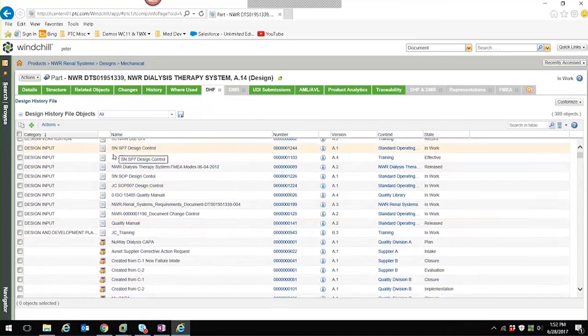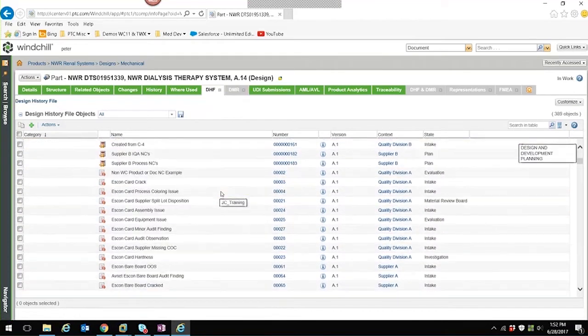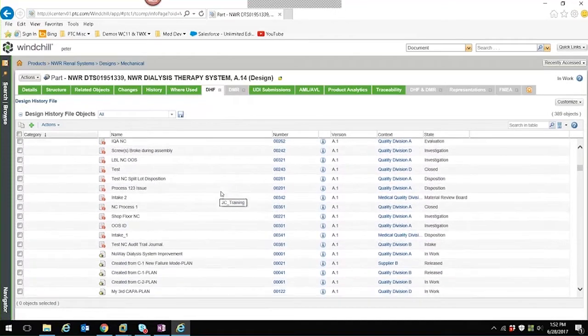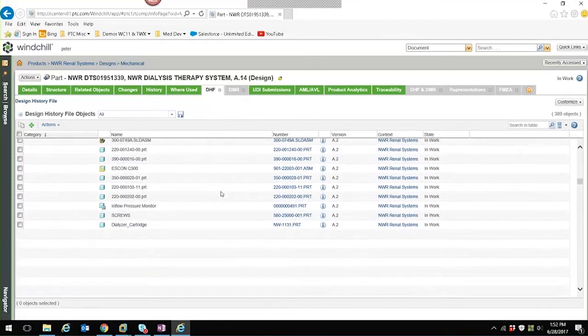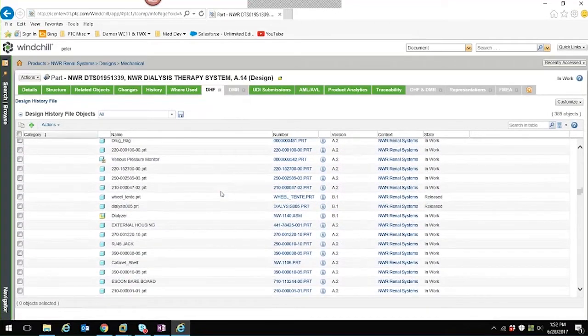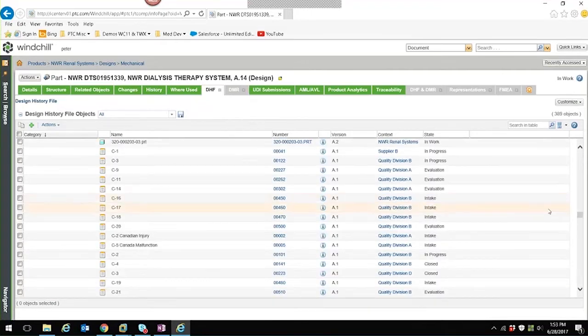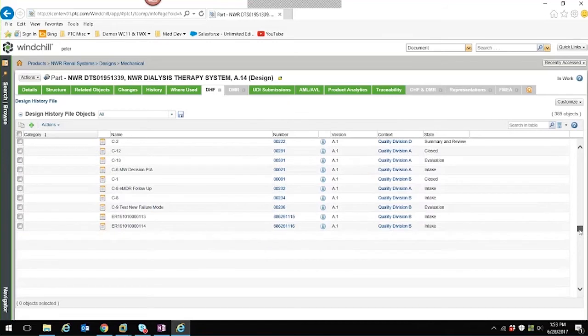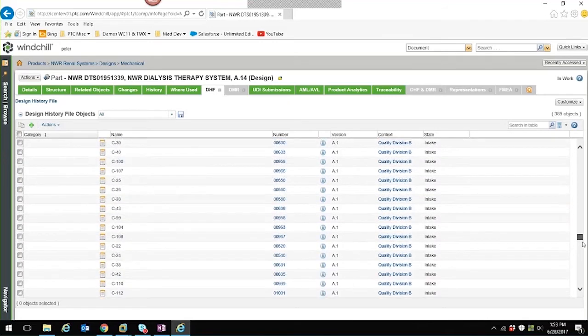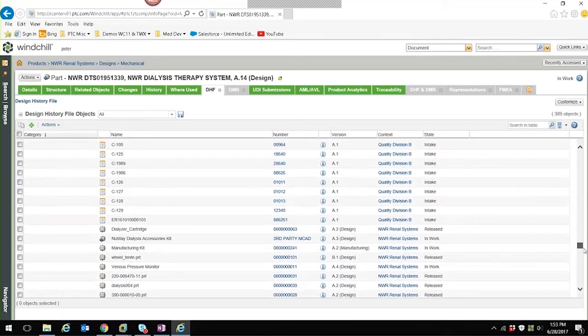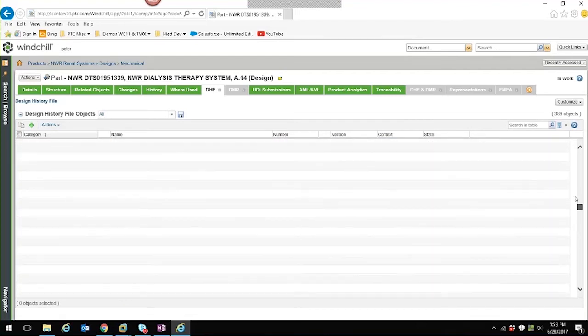So here I can see all my documents. As I move down through it, I can see all my changes. I can see my CAD parts. I'm not going to go all the way through it, but if I go down towards the end, I'm going to actually see some of my complaints that have been logged against that, and any particular CAPAs associated with it as well. And there are all my parts associated to this particular